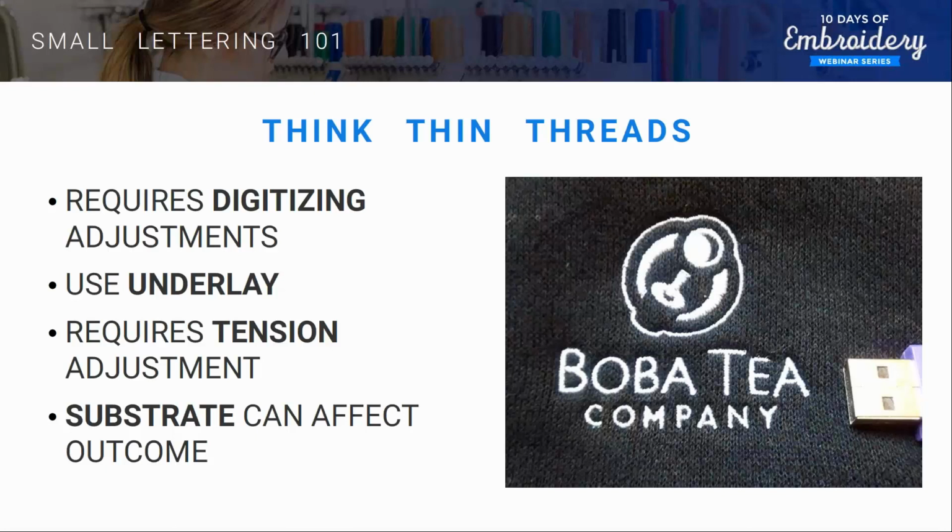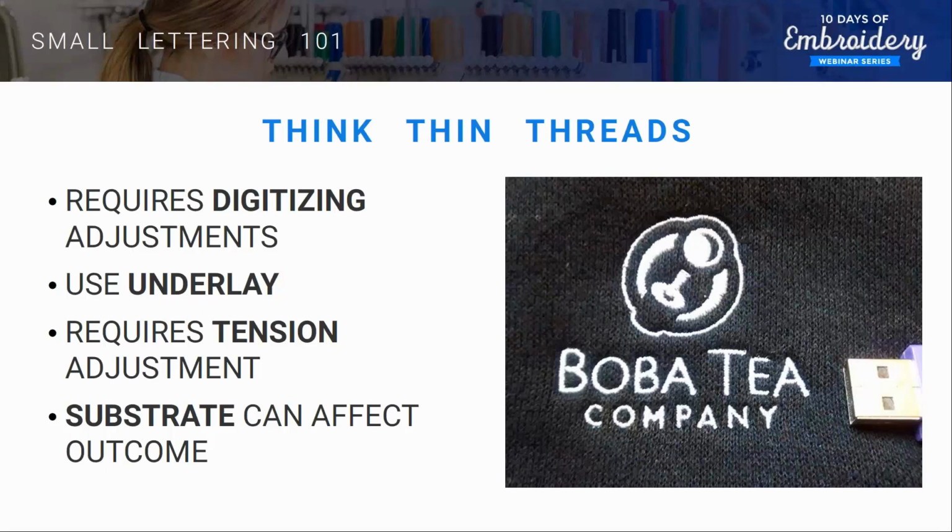We're at the 60 weight thread. We already know it's 25% thinner. We can get 25% smaller, but here are the things you have to do to get 60 weight thread to work. You're going to have to adjust your digitizing. 60 weight thread being 25% thinner, if you have just the right amount of coverage in your design, that means that you're going to have 25% less coverage if you move directly to 60 weight thread from the design you were already using. So if you use an existing design, you're usually going to find that your coverage may be